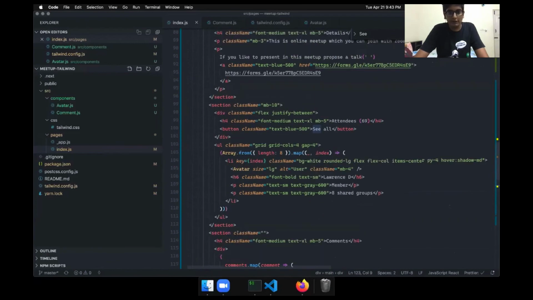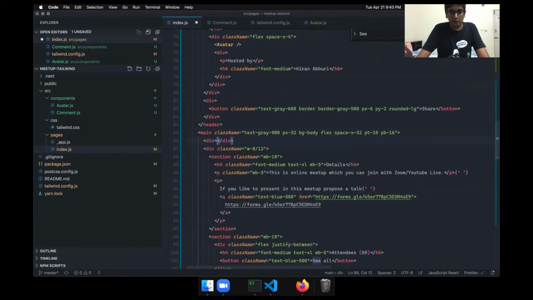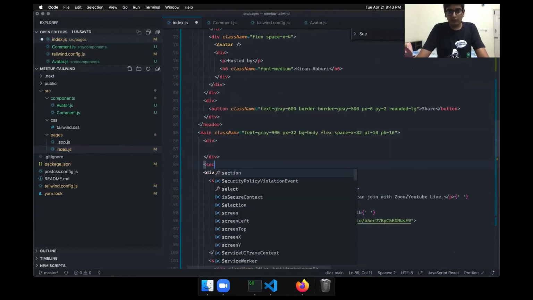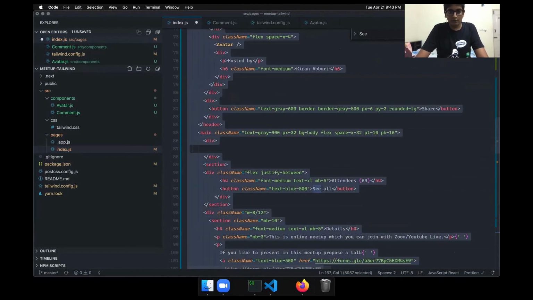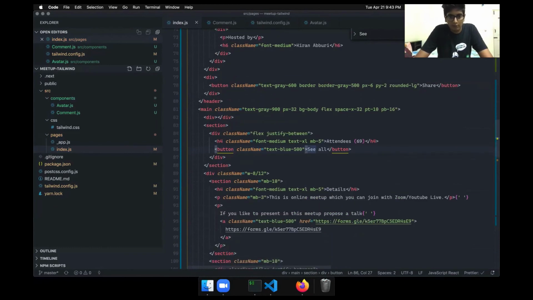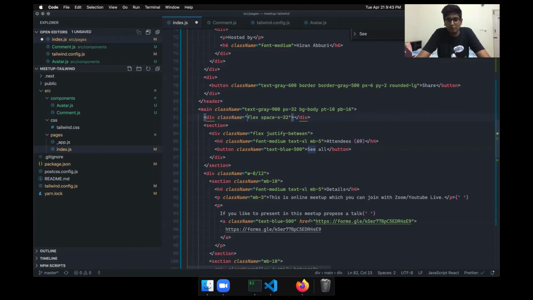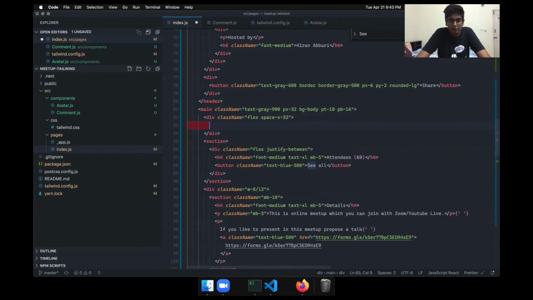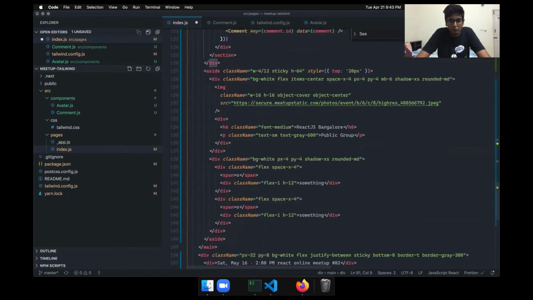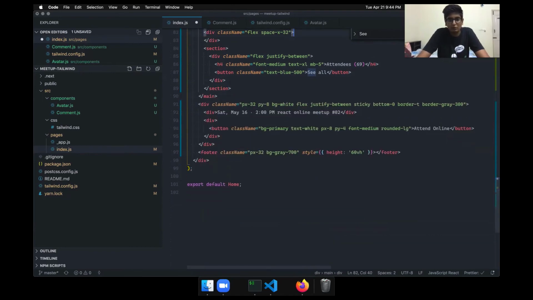Okay, so this will be a problem. We have put the main thing, and so we divide the space this way. So what I'll do is I'll make a div section, and then there is the section where we are building our stuff. Now our main is here, and instead of the main having the flex and that stuff, I'll put it inside this div. Now this div will have all the content we wrote so far. The two column layout, we'll put it inside the div.